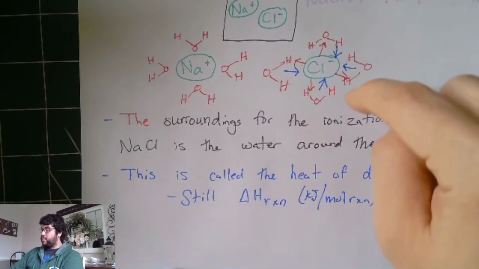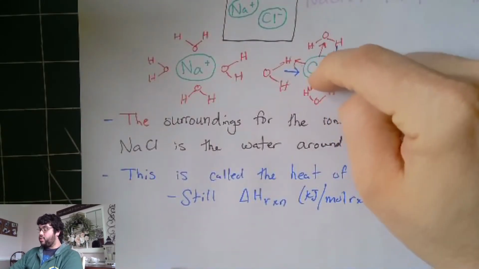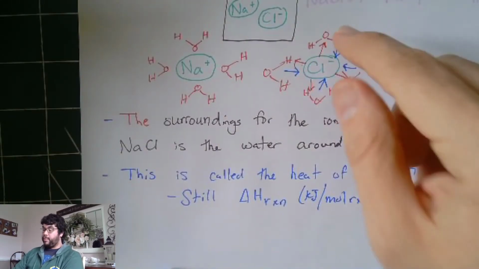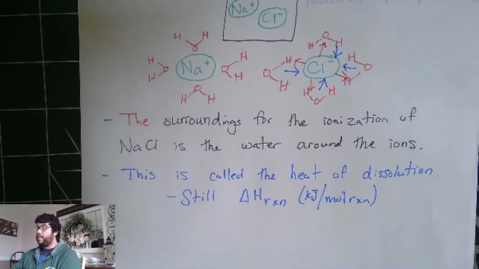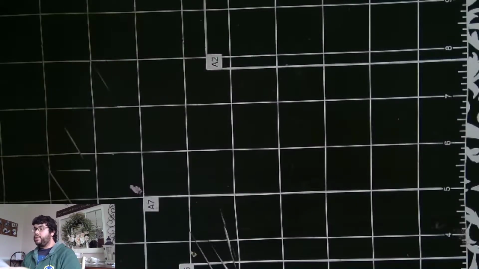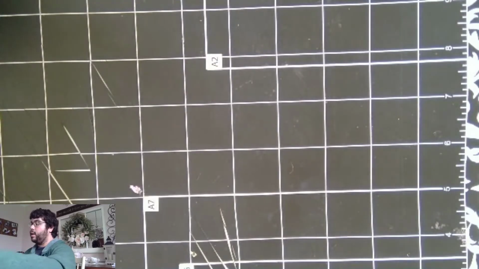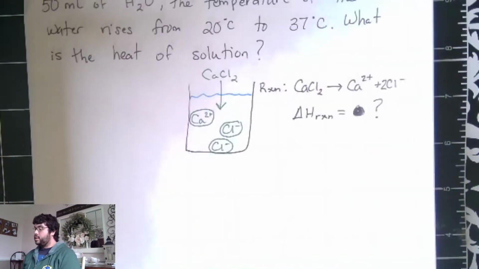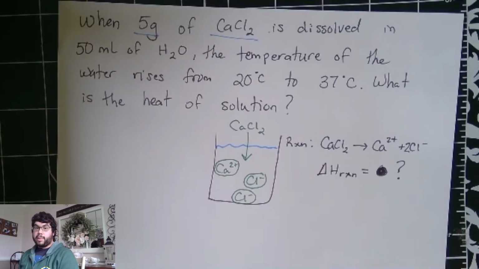Heat transfers from the ions that are dissolved to water or vice versa. And we can measure that temperature change by using a thermometer. And that gives us whether a reaction is endothermic or exothermic. Let me go ahead and do an example problem where we use something like this and then measure the enthalpy